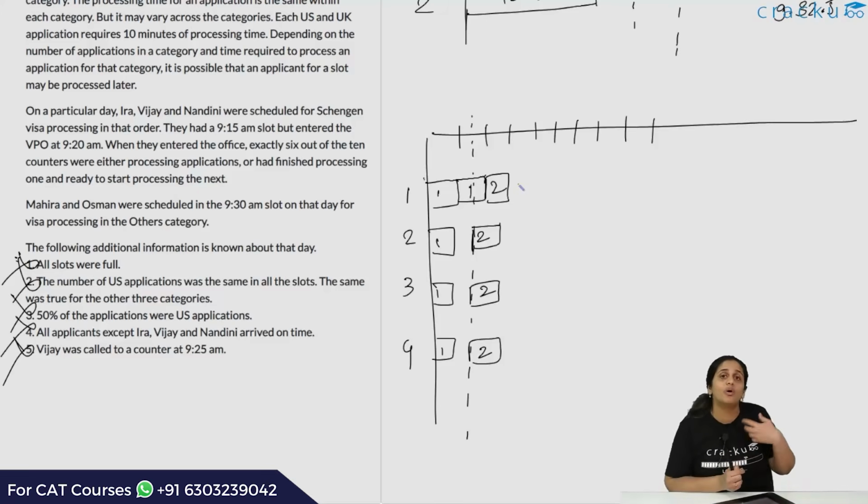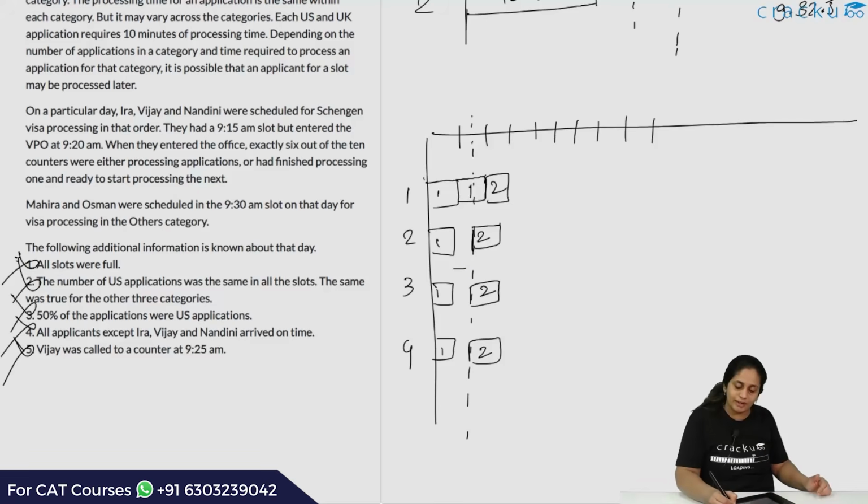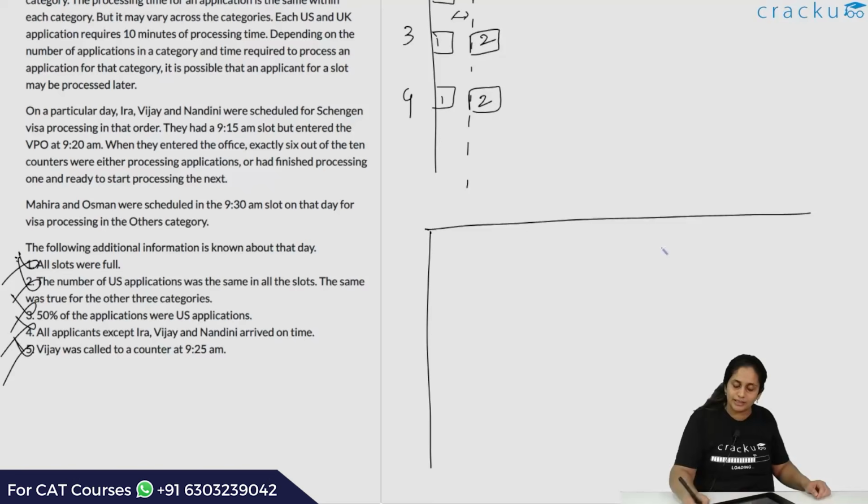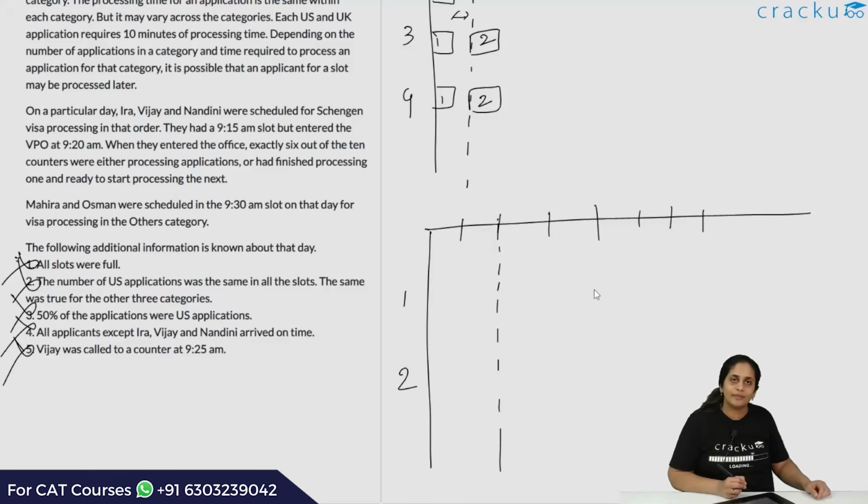Basically, they had no applications to process, which means that they had buffer time. They had this free time that you see in the middle, right? Whenever they are processing, say this is 9:15, 9:29, and 9:10, 9:20, 9:30 and so on, that basically means at 9:10, there are these counters 1 and 2, there is slack time over here. At 9:20, the next one has not come. So at every 15 minutes, they are getting something to do.